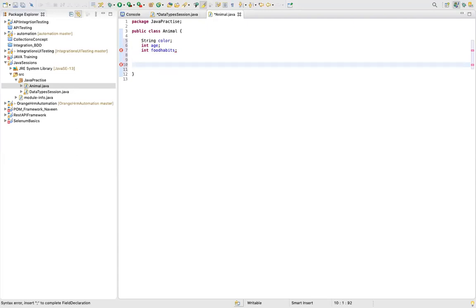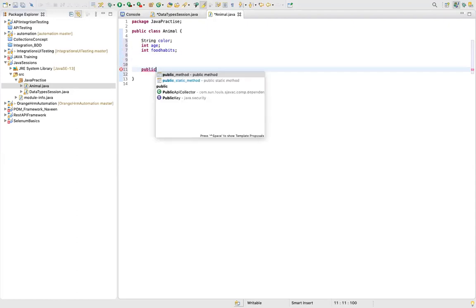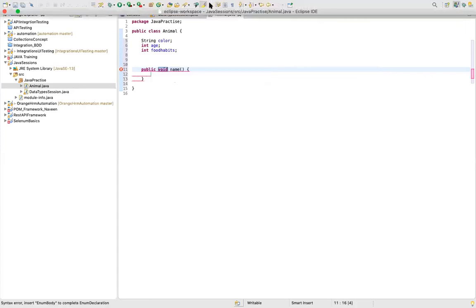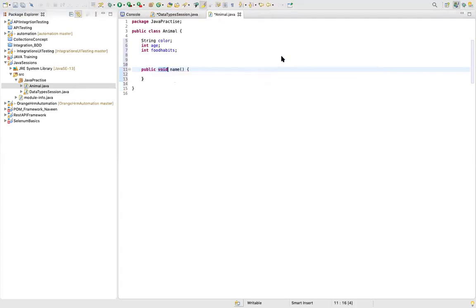Now for each behavior you can create a method. So how do you create a method? You can say public. You have this keyword shortcut also, public method, or you can create a public static method. So we can say public void and enter the name, eat.